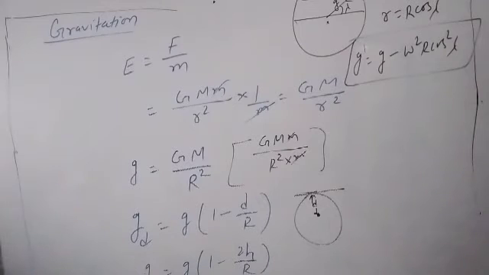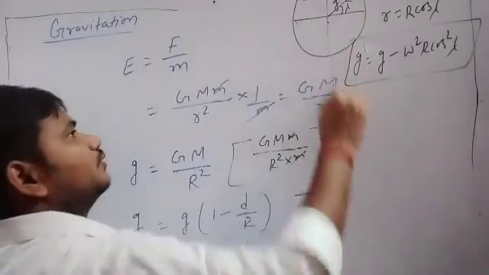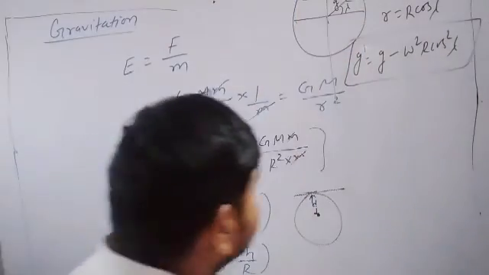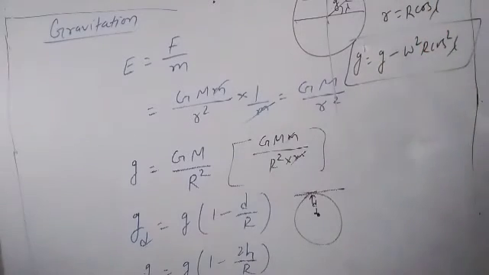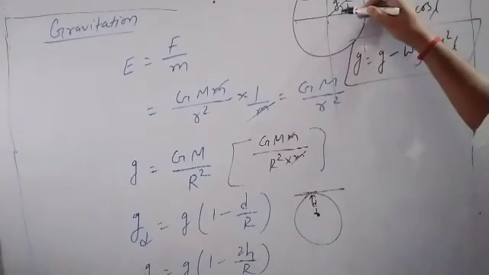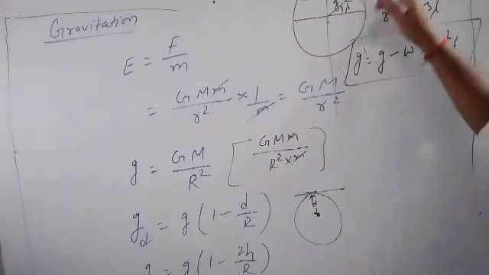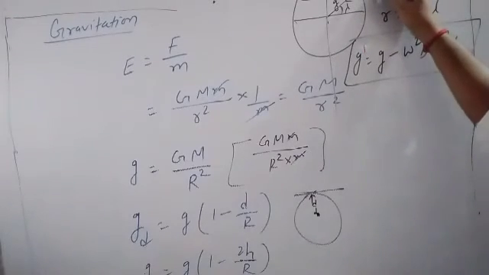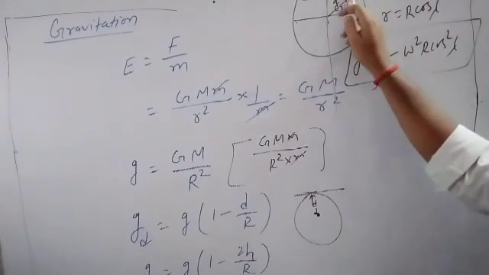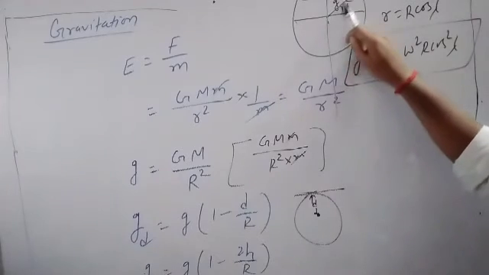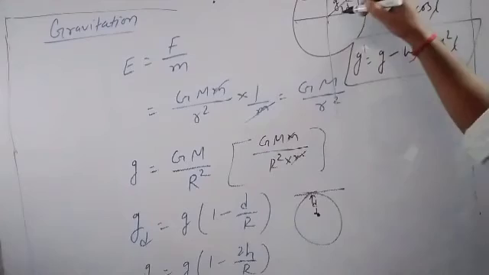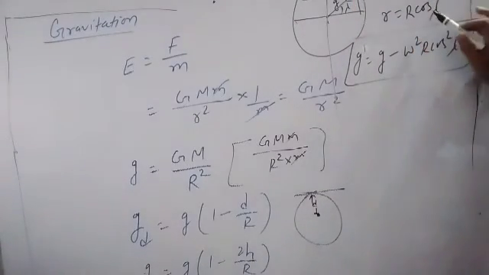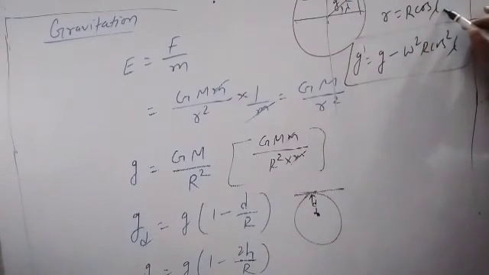Okay. So now we will see variation of gravitational acceleration due to rotation of the earth. Suppose this is the earth and it is rotating on this axis, right? And we have to calculate acceleration due to gravity at this point, which is at angle lambda from the equator. This particle will revolve in a circular path with this radius, small r. So small r is capital R cos lambda, right? If you resolve this r vector into components, this component r will be equal to R cos lambda.